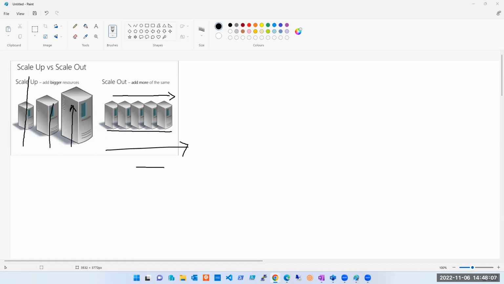What are the benchmarks on which I can set up scale set or scale out? Okay, let's not waste time. We'll go and start the practical and you'll get your answer.